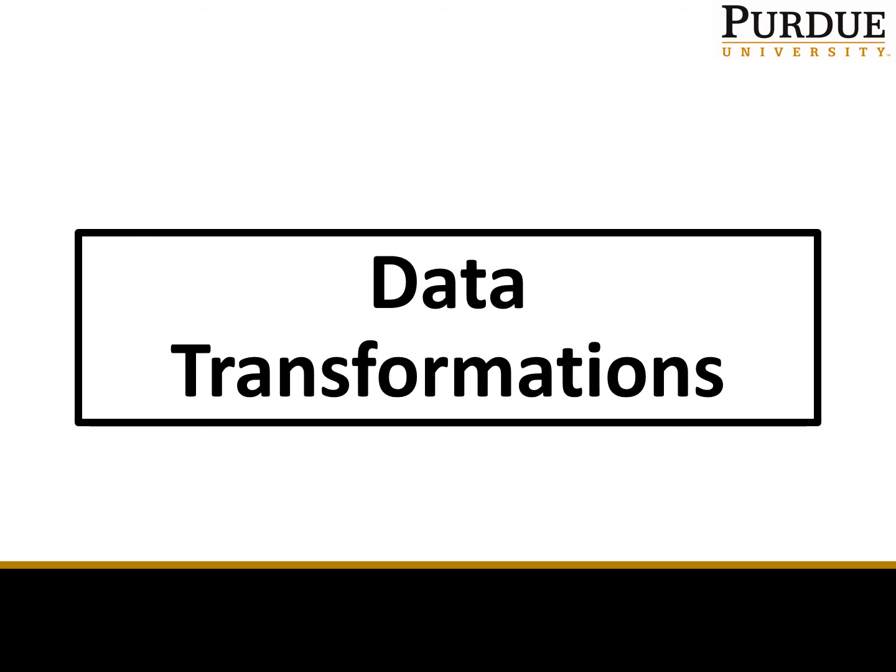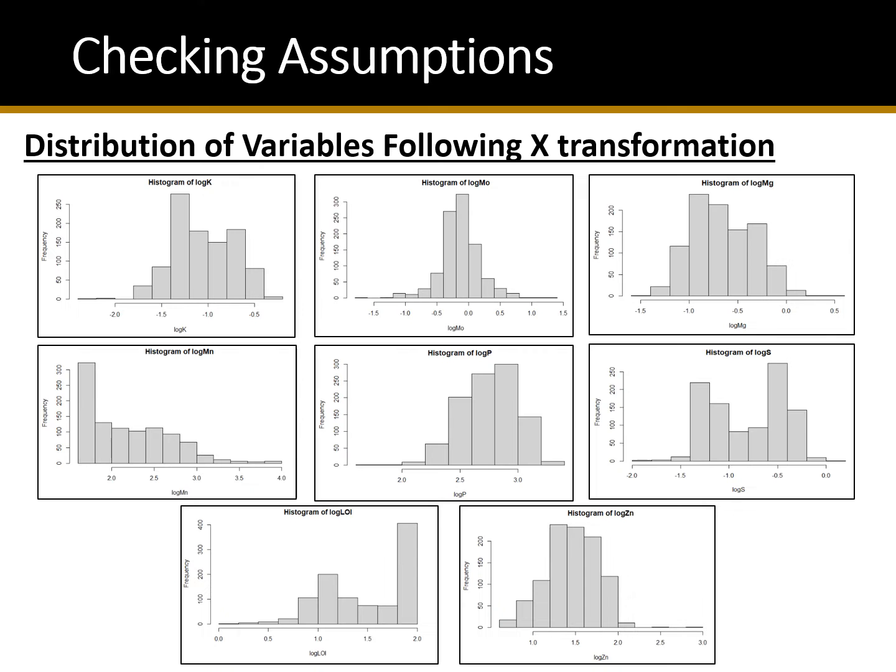Based on the preliminary analysis, several transformations are needed to amend these violations. As shown in the previous slides, none of the variables in the model followed a normal distribution. An attempt to improve the distributions was completed by performing a log, square root, and exponential transformation on all x variables. Results found that the log transformation did the best job at fixing all x variables and are shown on this